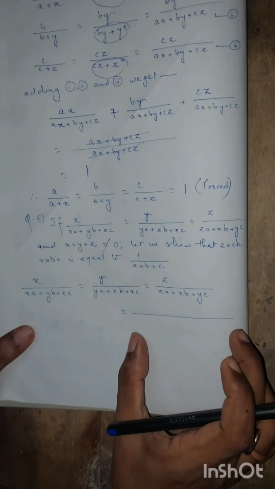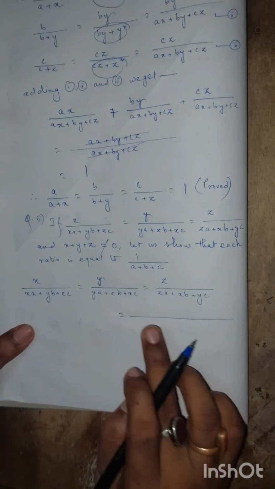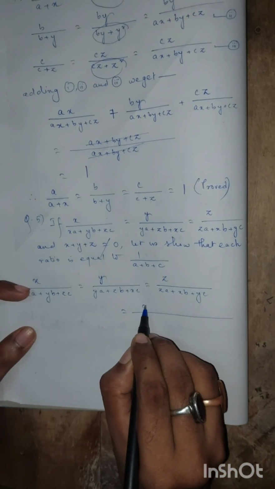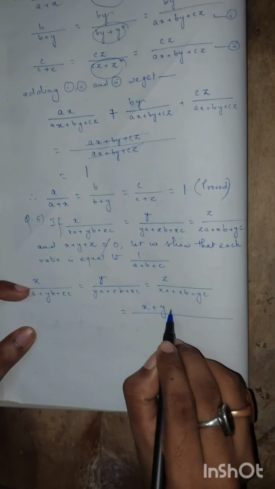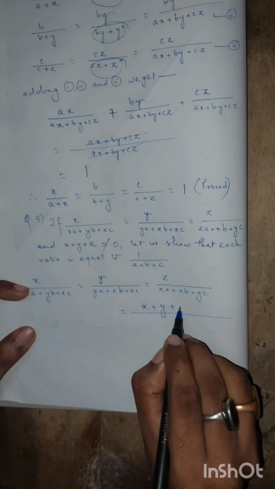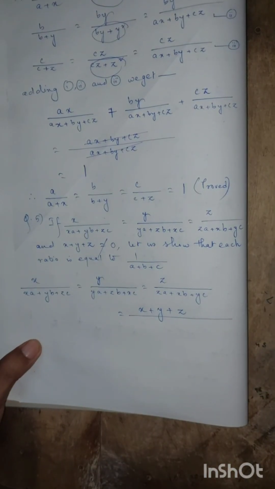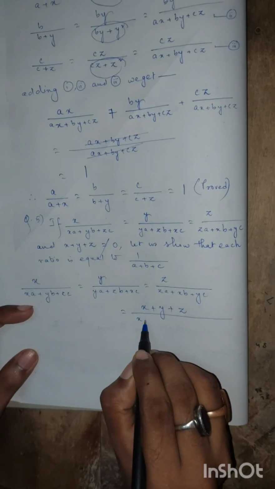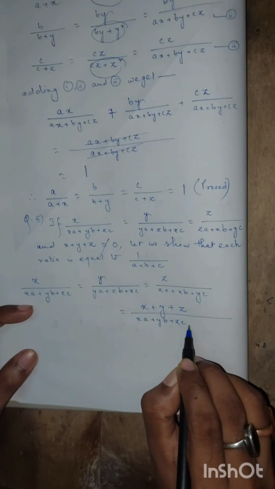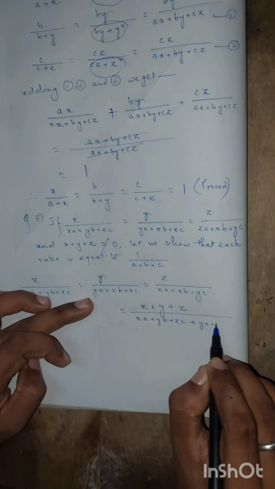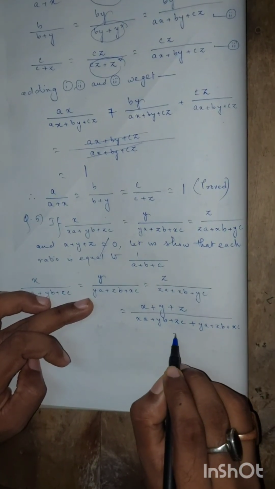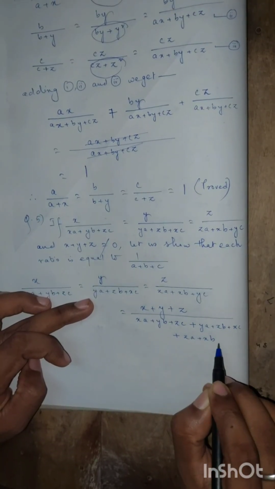So this is our new ratio, okay, and the numerator is equal to sum of the numerators of the previous ratios, that means x plus y plus z, and the denominator of the new ratio is equal to the sum of the denominators of the previous ratios, that means xa plus yb plus zc plus ya plus zb plus xc plus za plus xb plus yc